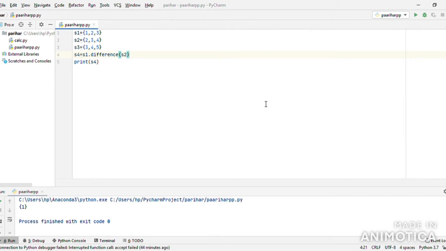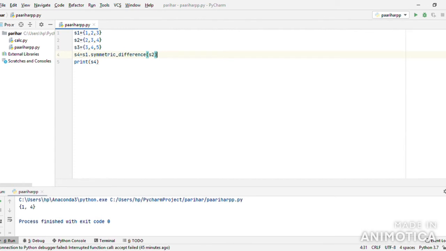So if we want all those values that were different between those two sets, then I could simply say S4 equals S1 dot symmetric difference, and here I will pass S2, and now I will run it.